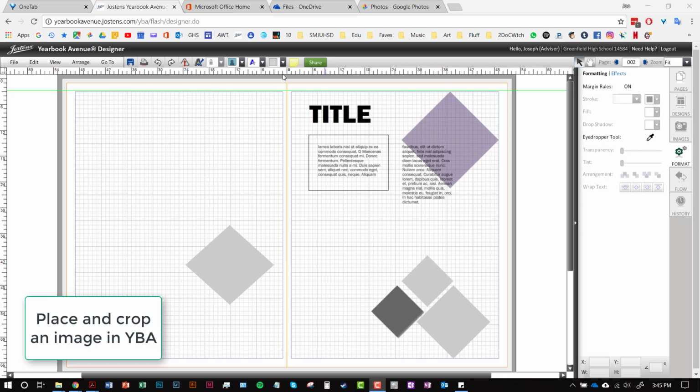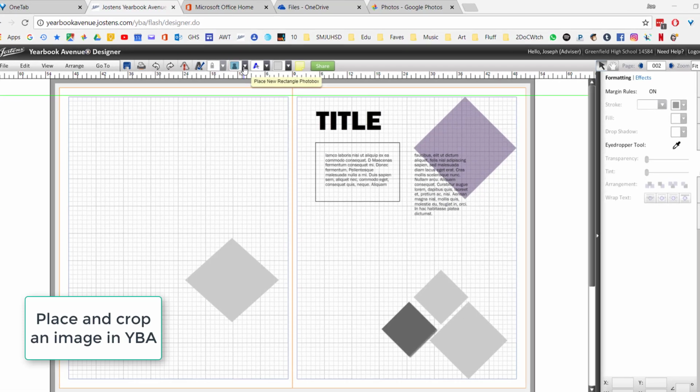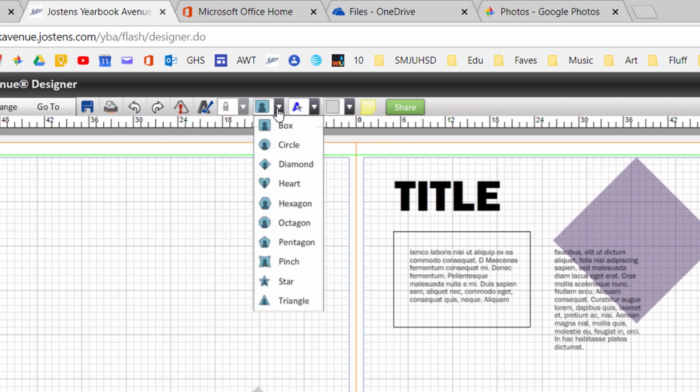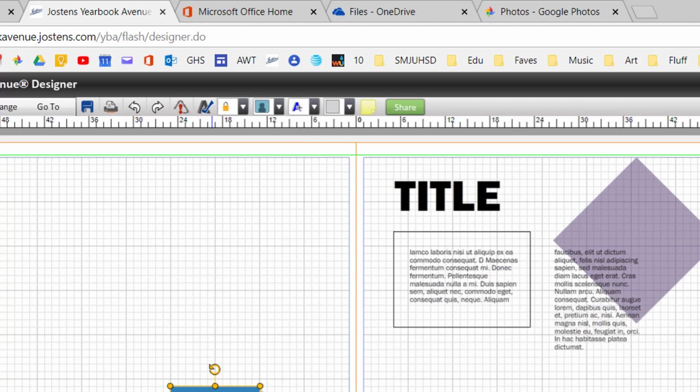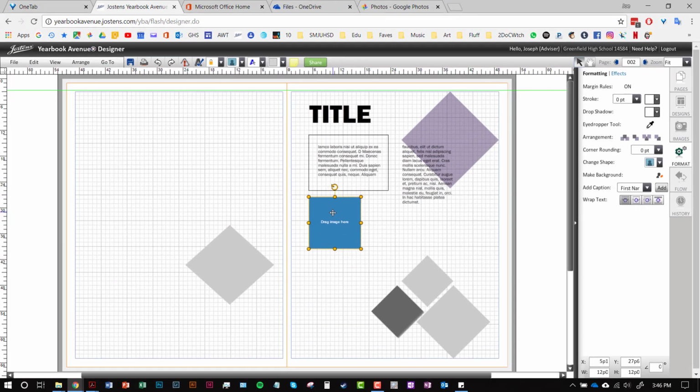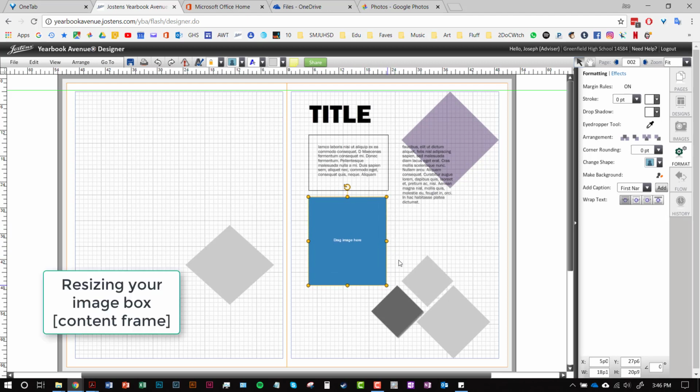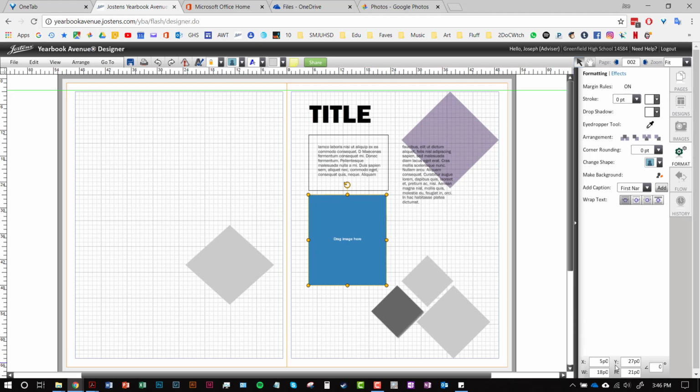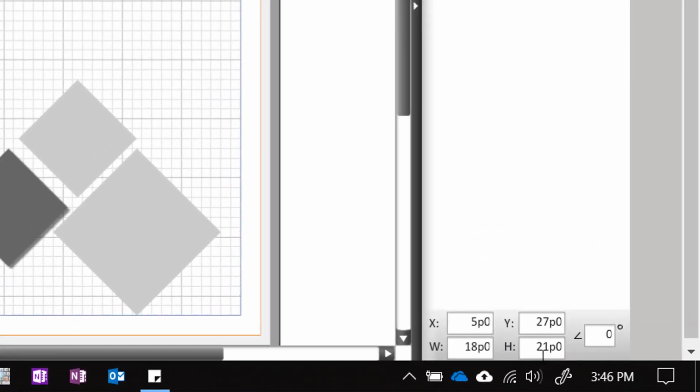It's pretty straightforward. Up here, you're going to have the place new photo box, and you can choose the shape of the photo box up here. But as soon as you click on one of these shapes, you automatically place an image box. And here you can resize it. You can manually change its size down here, then the X, Y, W, H if you want a certain proportion. Once you've got the size of this box,